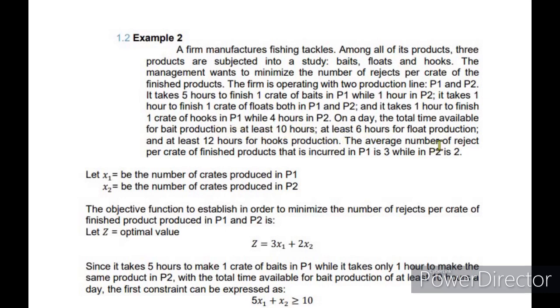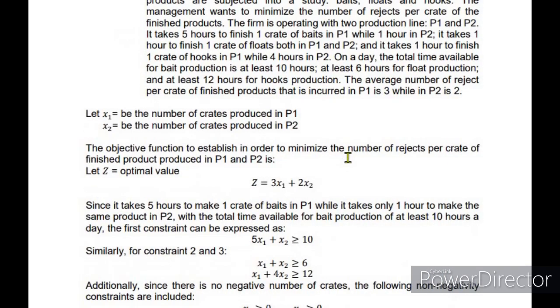On a day, the total time available for bait production is at least 10 hours, at least 6 hours for float production, and at least 12 hours for hooks production. The average number of rejects per crate of finished products that are incurred in P1 is 3, while in P2 is 2. Okay? So for the answer, we will let